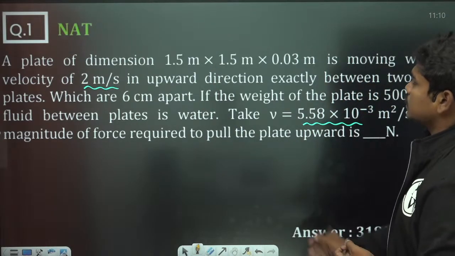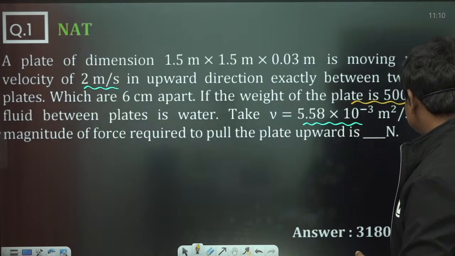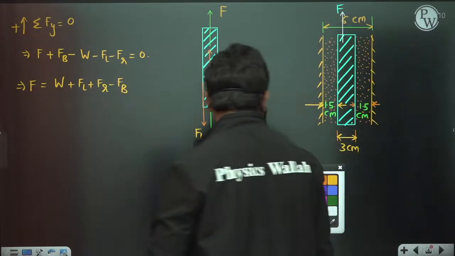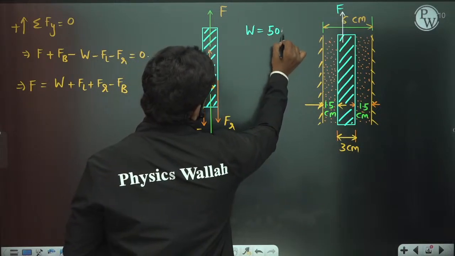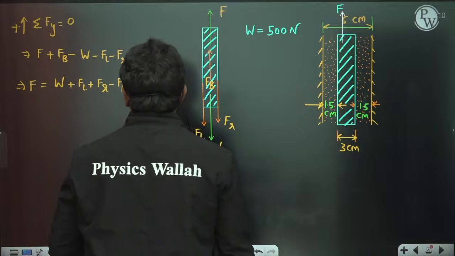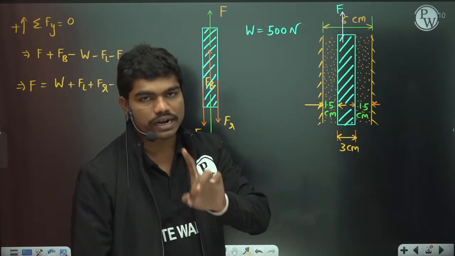Weight is known. Okay, so did they give you the weight? Yes, of course. The weight of the plate is 500 newtons, so W is given. Let us write the data. Weight of the plate is 500 newtons. Then FL and FR: if you see, this is a symmetric configuration, which means you can understand one thing: